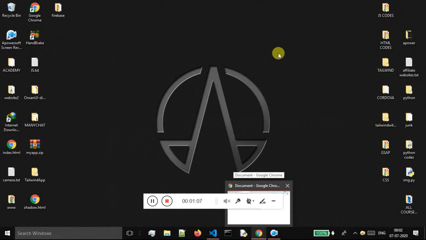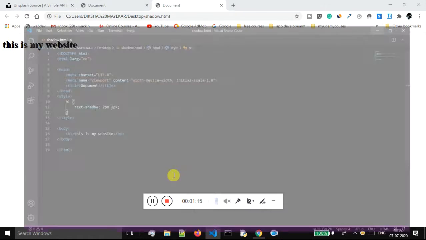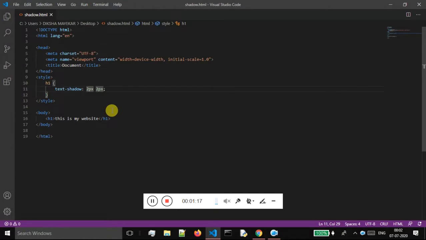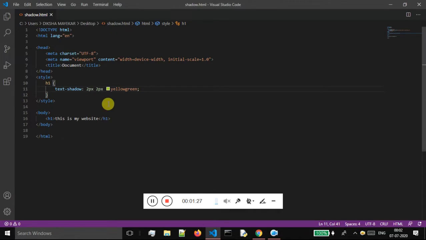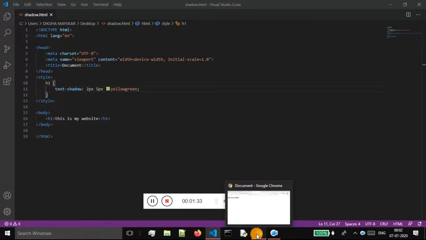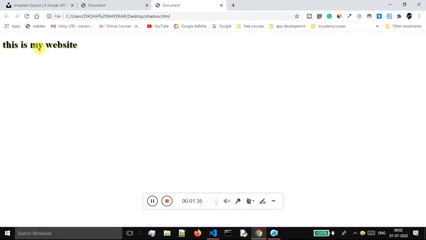let me just go to my desktop. After execution of this code you will see the meaning. So now this is the text and it got some shadow. If I want to change the color of the shadow, I will say yellow, and now you will be able to distinguish the shadow. Now I'm getting the yellow color shadow over here, and if I change this to 5 pixels now, after that this shadow will be pushed